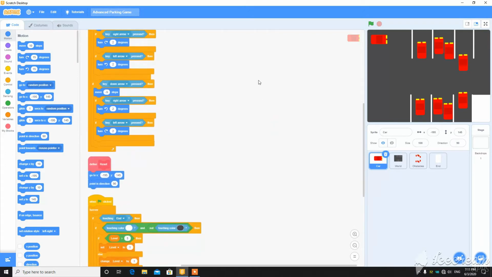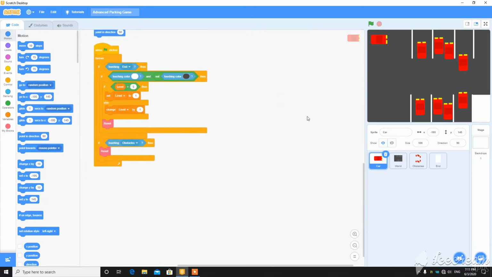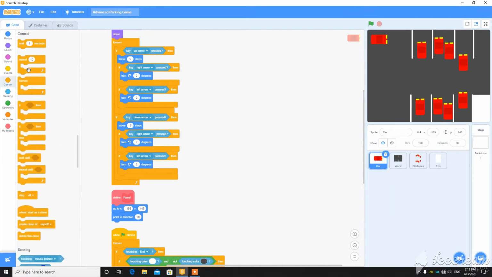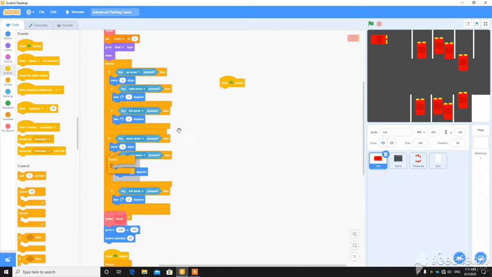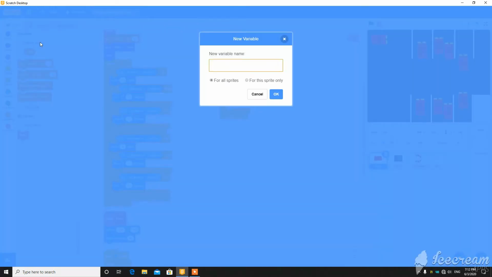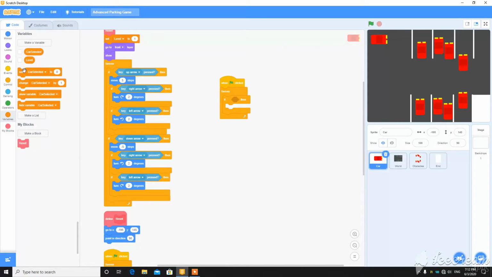So first of all, we'll make the system to change the car type. When the green flag clicked, forever, make a variable called car selected for all sprites, click OK, and hide it.